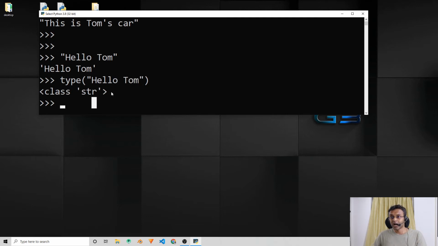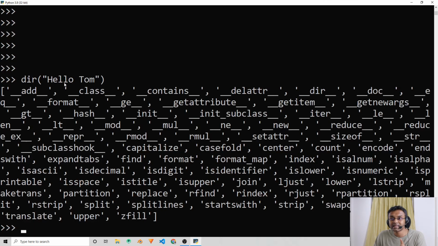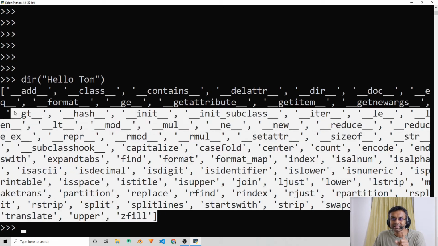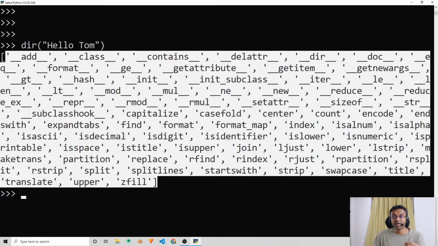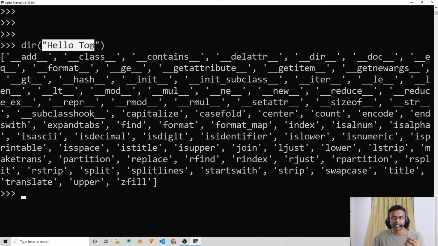So that means what we can essentially do is say dir on that same string object. If we do that, you can see these are all the different functionalities, different methods, that are built into this string object. This is not just specific to this "hello Tom". It's available for